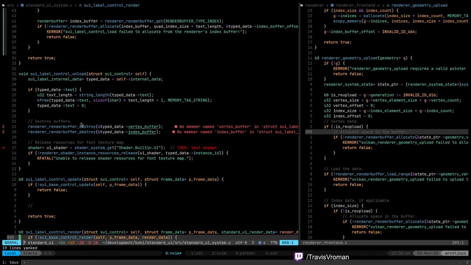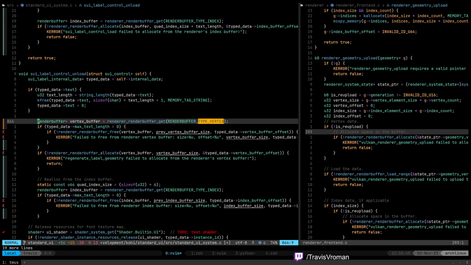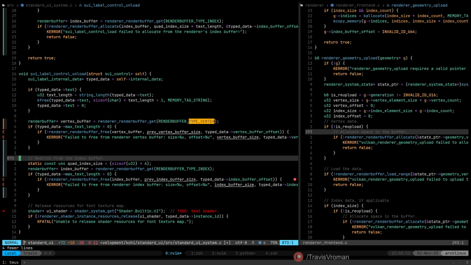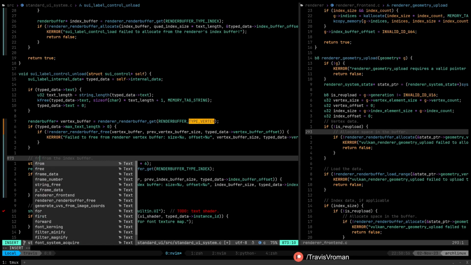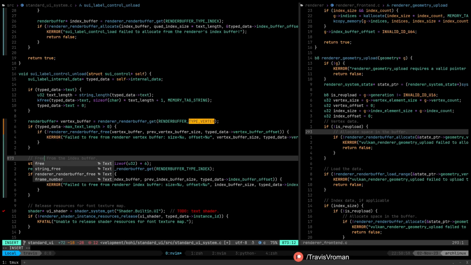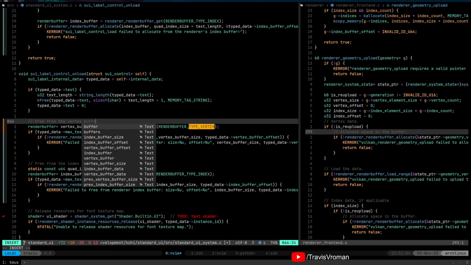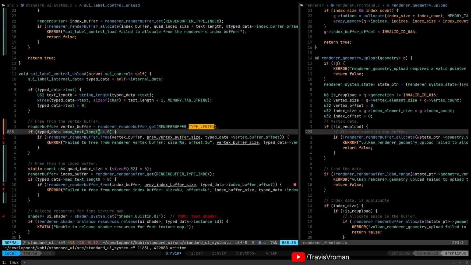And in the unload, we'll get rid of this allocate. Free from the index buffer. Free from the vertex buffer. Right.